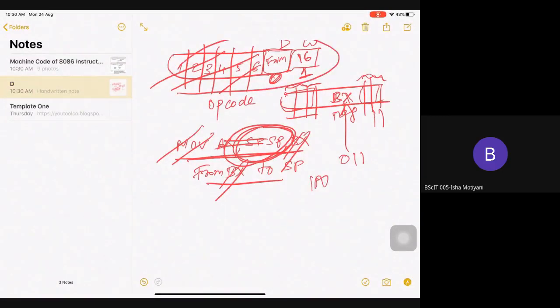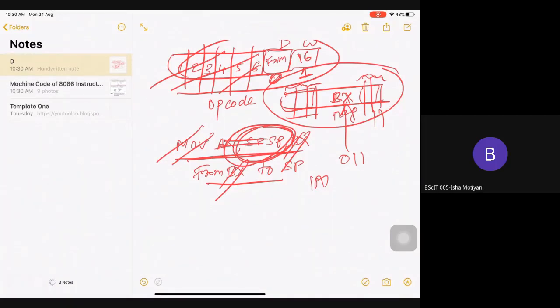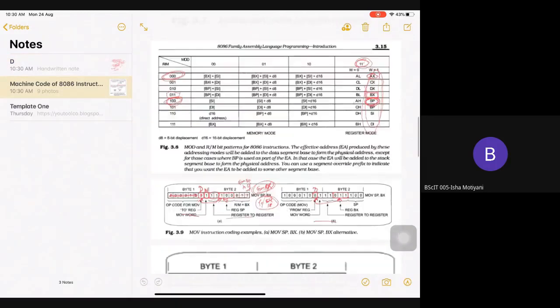So this will be my full binary conversion of my instruction move SP comma BX. And if you can come over here, see this.